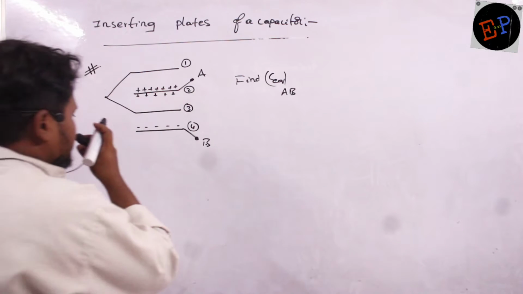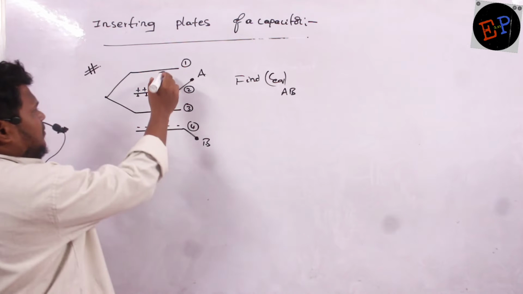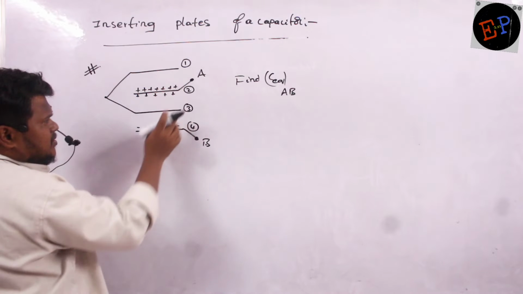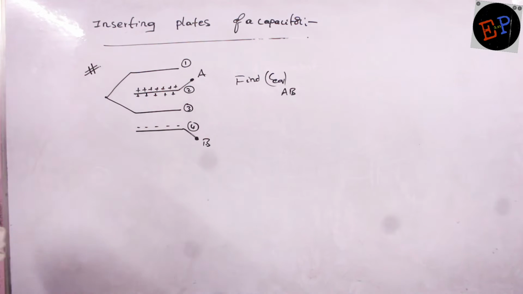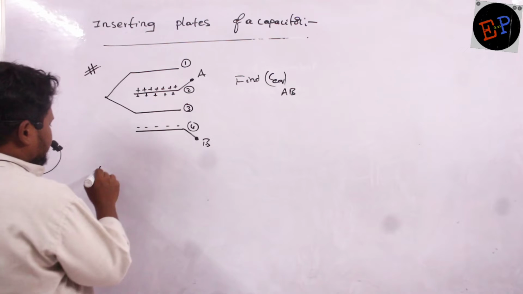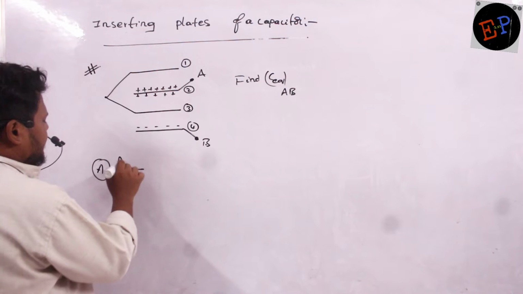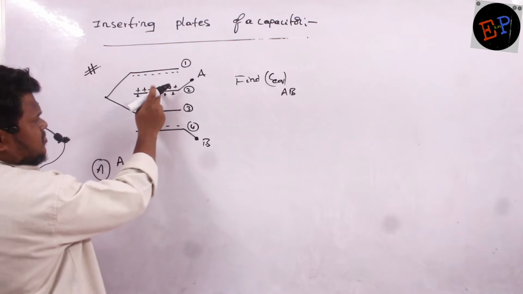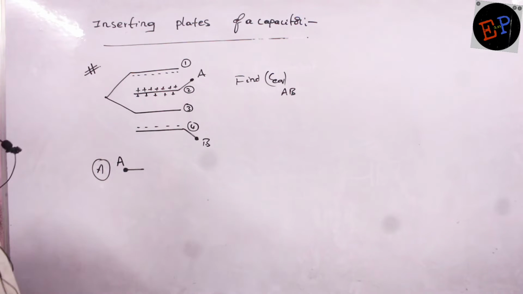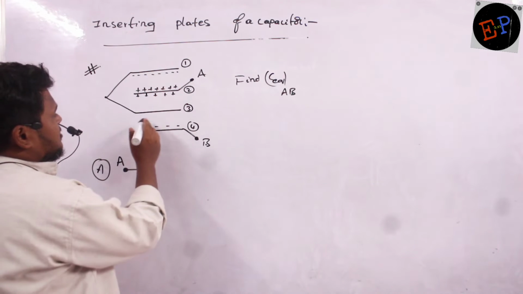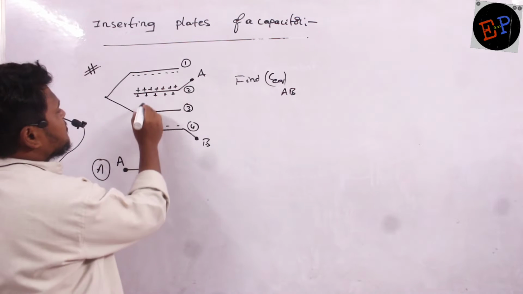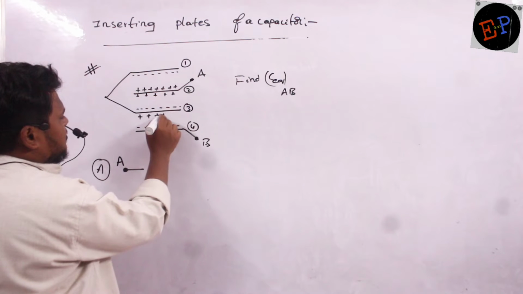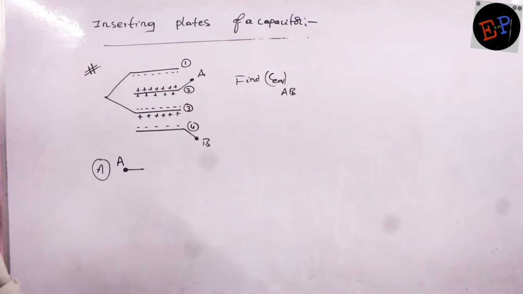See, so this is the given question. So plates 1 and 3, they are connected by a common wire. And 2 is connected to the positive terminal of the battery, B is connected to the negative terminal of the battery. Clear, no? So I will start from A. So from A, 2 1. So here I will find negative charges to be induced, no? Positive charges will attract negative charges on the second plate. So therefore what are the charges which are present on the third plate? Positive charges will induce negative charges and negative charges will induce positive charges on this plate. That's all, no? This is the given arrangement.